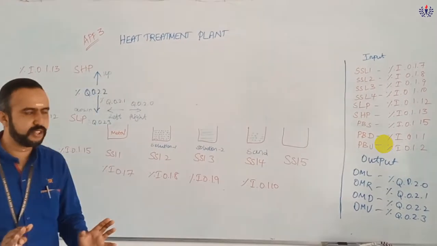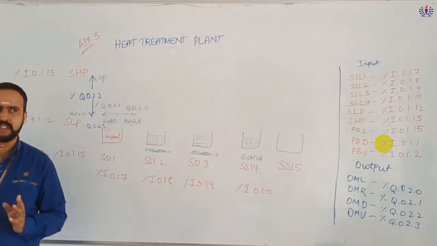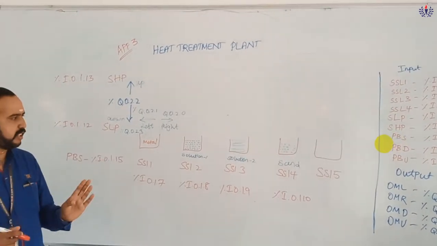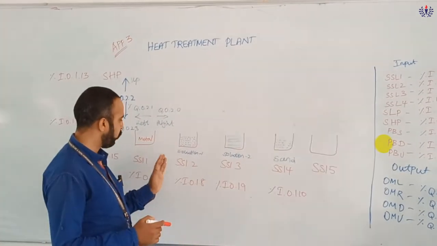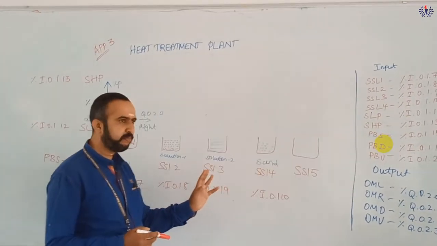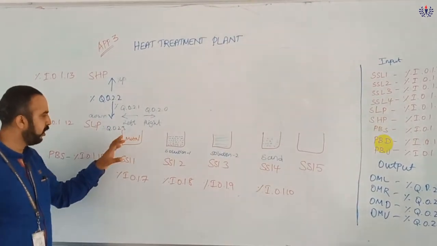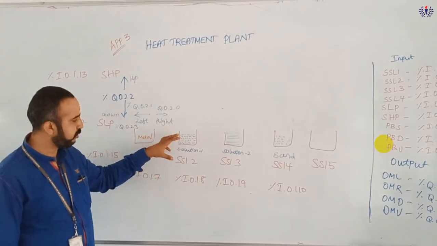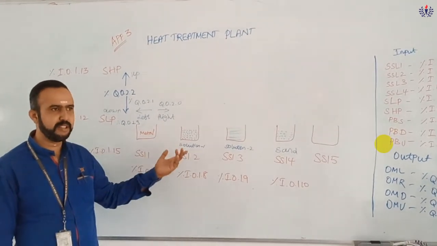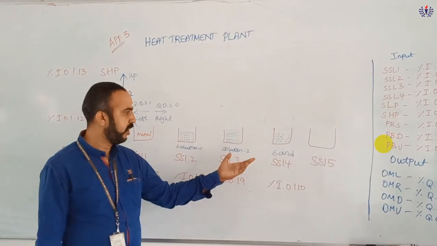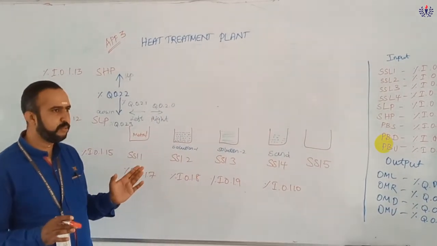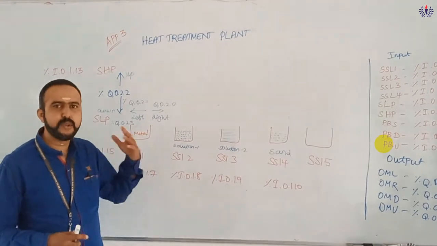Now we are going to see the modified version of application 1, but with one small change. Here we have slot 1, slot 2, slot 3, slot 4. I am assuming that I am filling the metal. This is the loading point where I am going to fill the metal. Here there will be some solution, some acidic or basic solution. Here also the same. And finally it will be dipped at this one. Okay. So now I am going to make this process a repeated one.